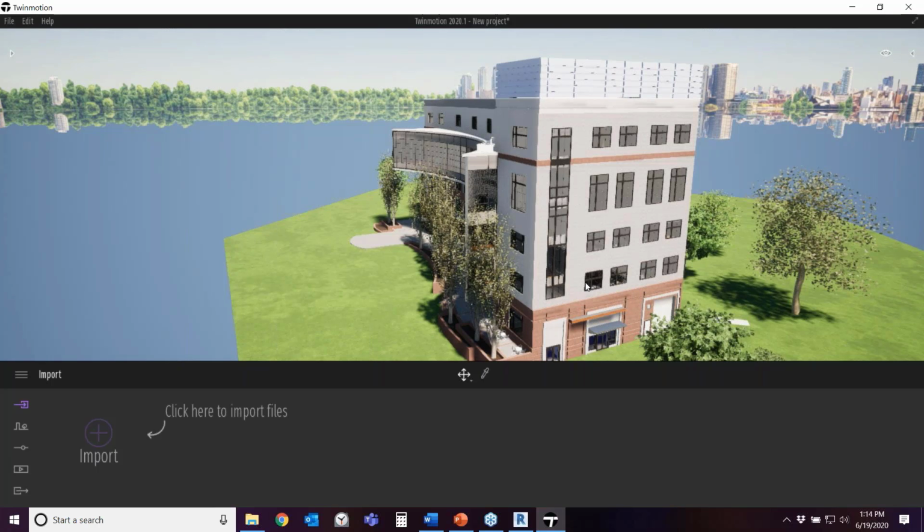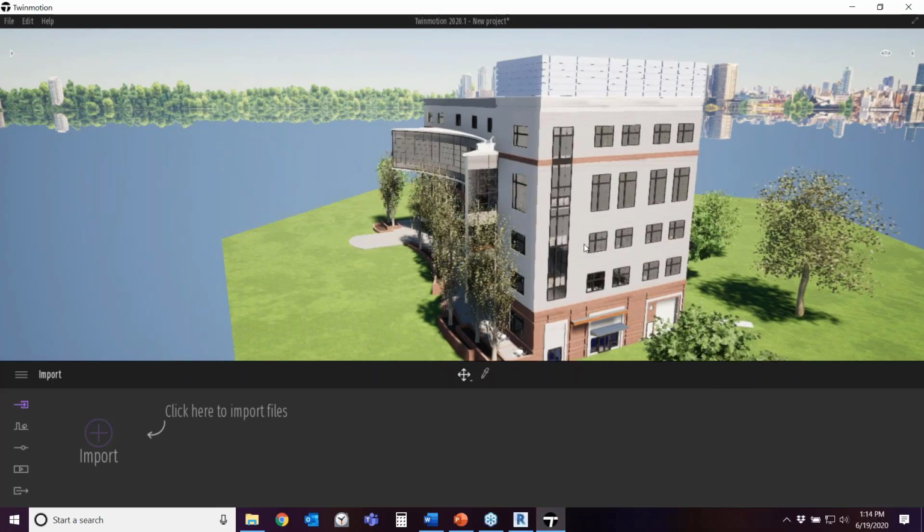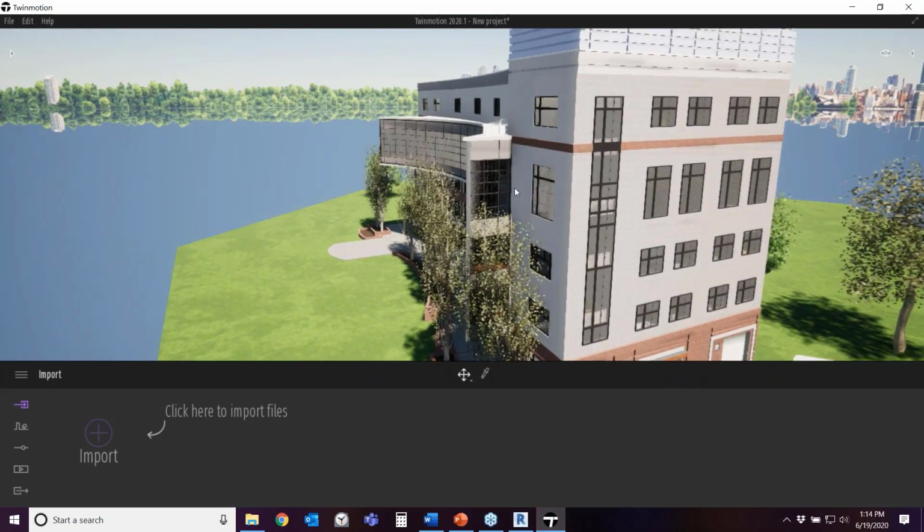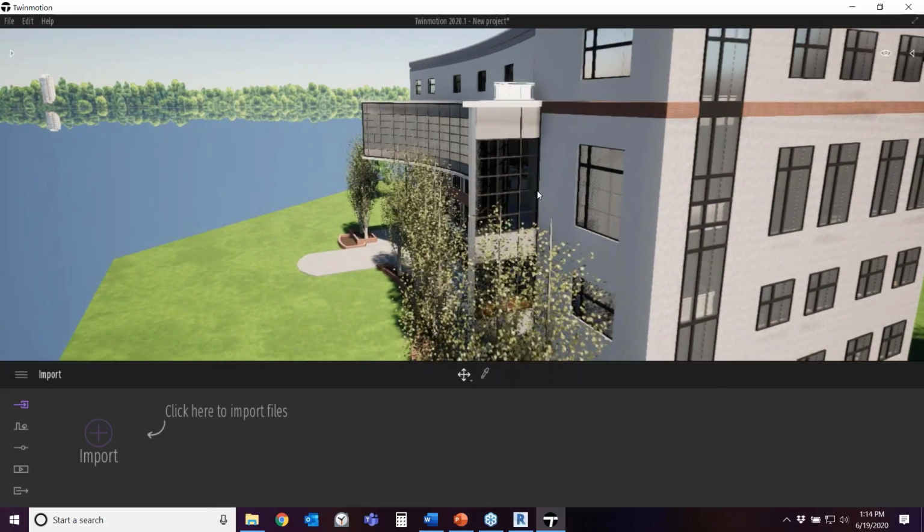So yes, the materials are included, but we all know Revit materials aren't the greatest, so you probably will take some time and go through and replace them. And one of the benefits of having it be a direct link is if we update our materials via Twinmotion to this model, when we reassign the link,